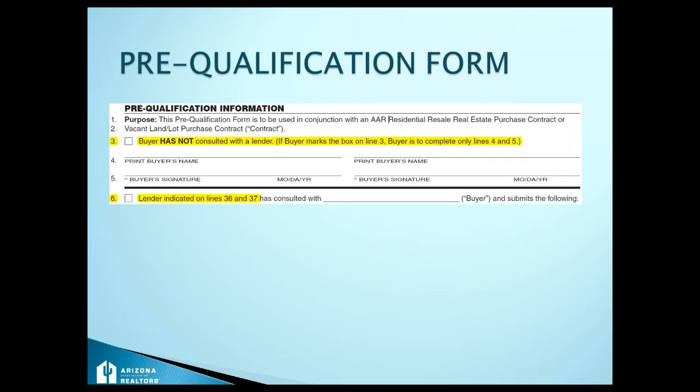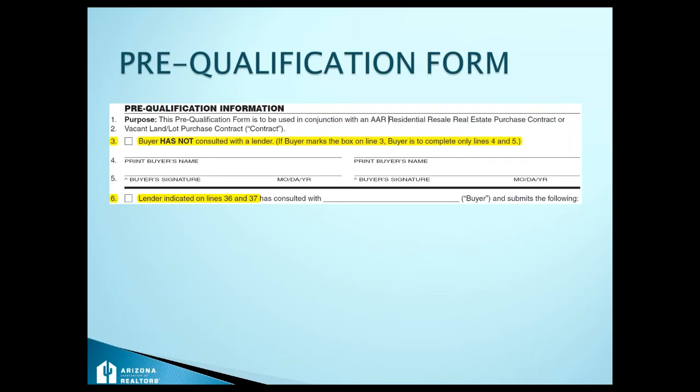Now, that's not the buyer's, that's not the listing agent's directive. That's instruction from the seller that they're passing on to the buy side. So I think that this is a process now. The process has been changed. I think it's appropriate for the listing agent to be aware how far along the buyer is in the process,